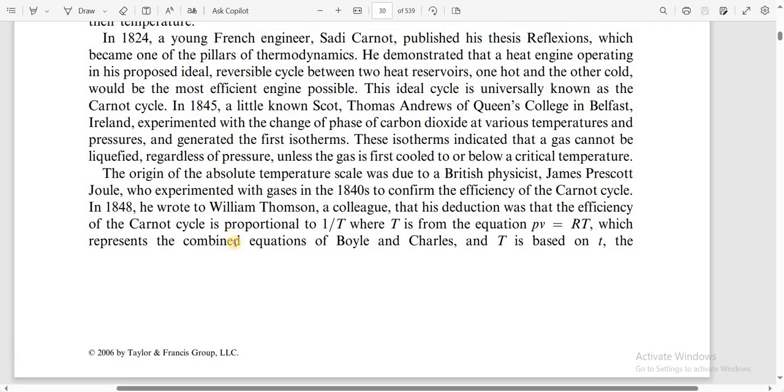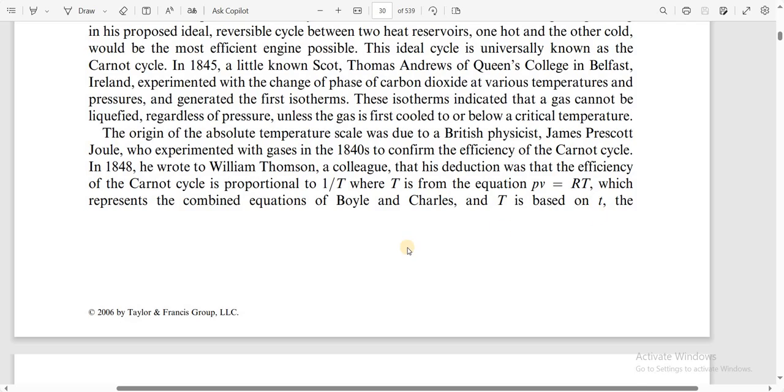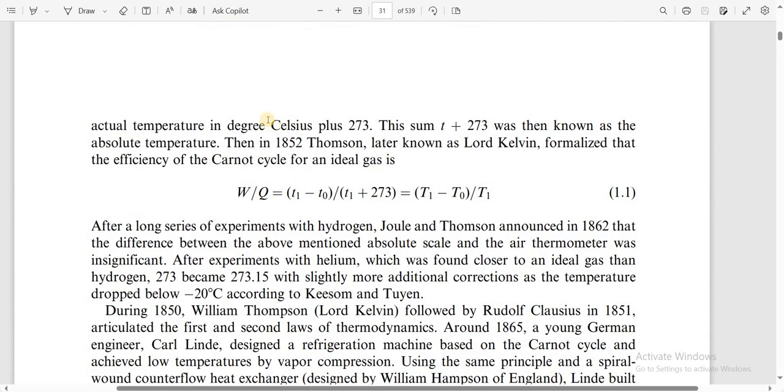which represents the combined equation of Boyle and Charles, and T is based on the actual temperature in degrees Celsius plus 273. The sum T plus 273 was then known as the absolute temperature. Then in 1852, Thomson, later known as Lord Kelvin, formalized the efficiency of the Carnot cycle for an ideal gas as W by Q equal to T1 minus T naught divided by T1 plus 273, equal to T1 minus T naught